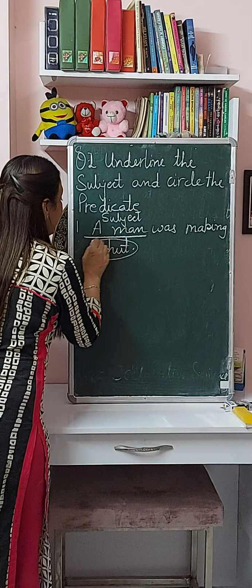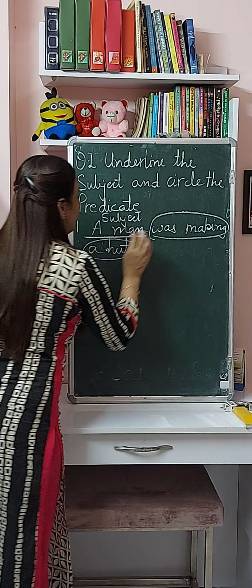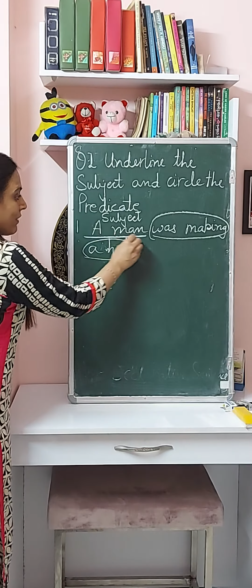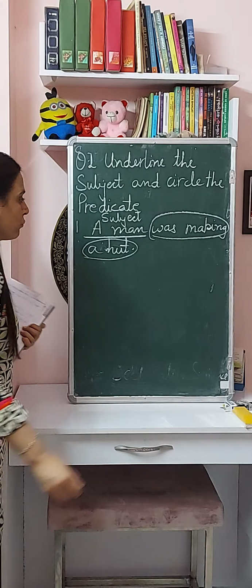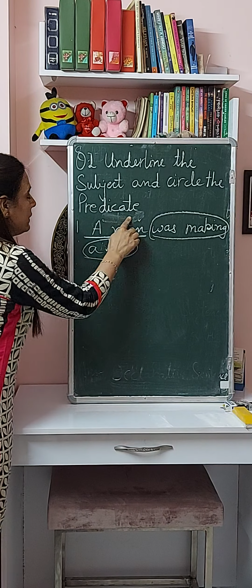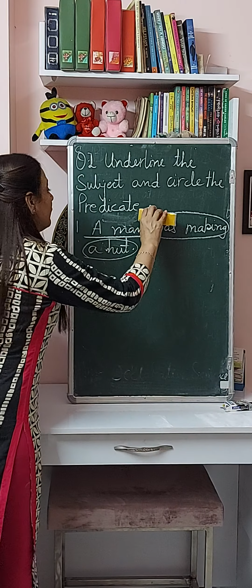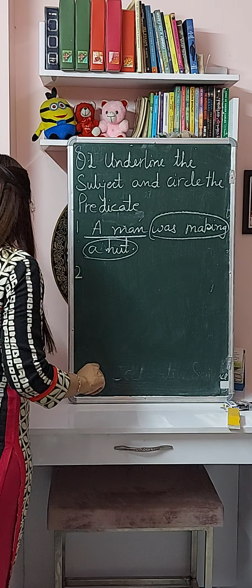He is making a hut. Was making a hut is the predicate. So we have underlined the subject and we have circled the predicate. Like this we have to do. There is no need to write over here. We will just underline the subject and circle the predicate. That's it. Next we have